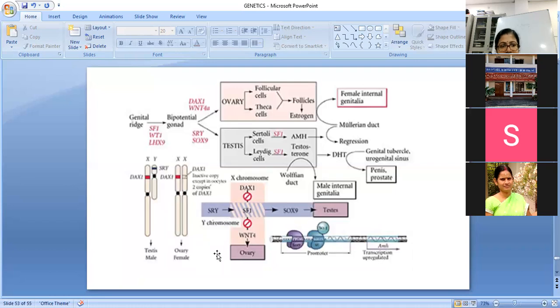The same cascade, we have X and Y genes and X and X genes. As we have 2 X chromosomes, so always the females are at an advantage. If we have one defective gene on one X chromosome, the other X might be having a good one to take care of it. So mostly females are at an advantage when it comes to X-linked genetic disorders, and males are at a disadvantage because they just have one copy of the single X gene.